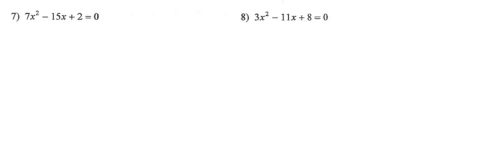Okay, so for our last problem, we have a quadratic with a leading coefficient of 7. So this is one of those ones where you have to multiply the two ends, the a and the c, and we get 14. So now we're looking for factors of 14 that multiply to 14, add to negative 15. In this case, in order to get a middle number that's negative, a b value that's negative, and a c that's positive, they both have to be negative. So I'm just going to help you out here and recognize that that's going to break down into negative 1